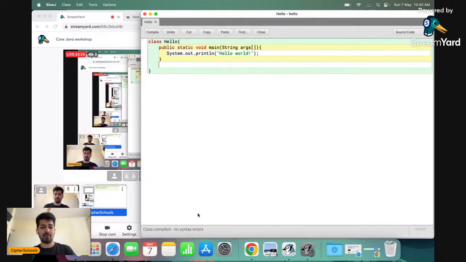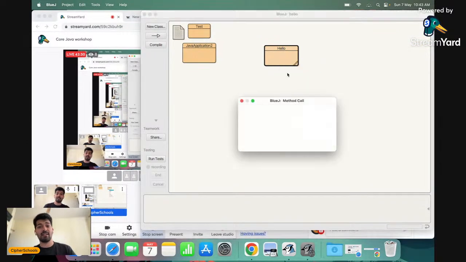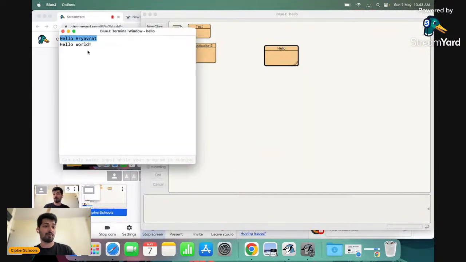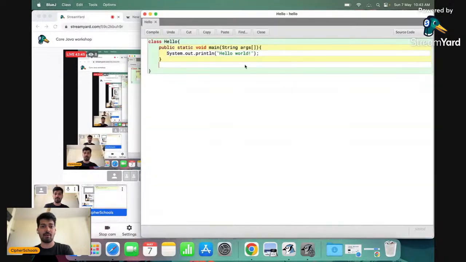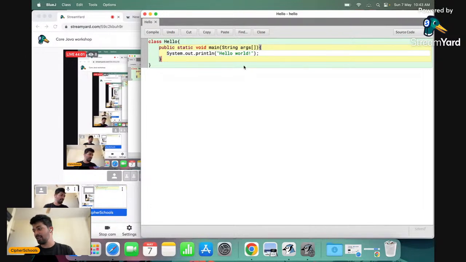Now we can compile the code. The code says no syntax error. And this is ready. We can run it. We'll get our output. Initially, when we ran it for the first time, it was Hello Aryavrat. The second time we ran it, it is Hello World. We can clear these outputs if needed. So yeah, that was the sweet and simple Java code, the fastest Java code that anyone could write on the planet. And I hope you have understood these couple of lines that we have written, right?